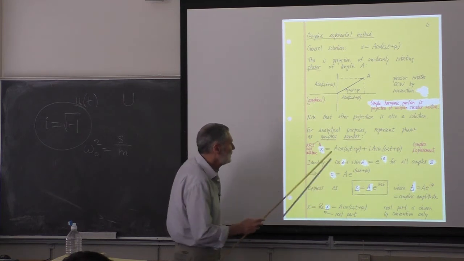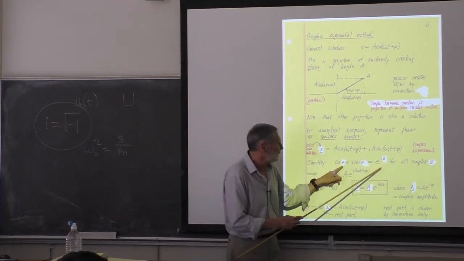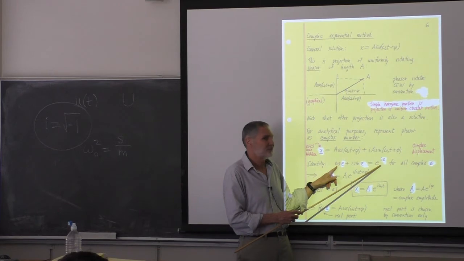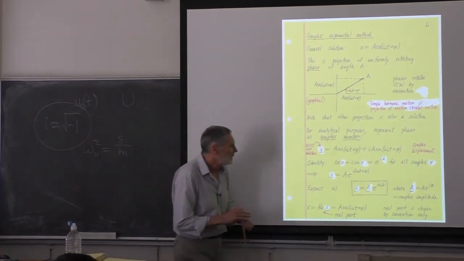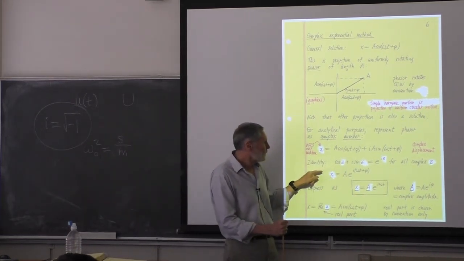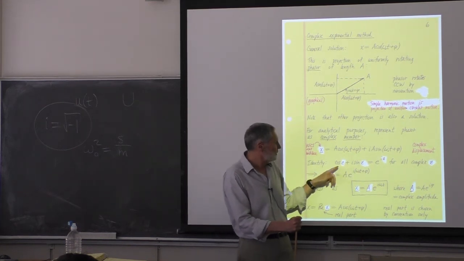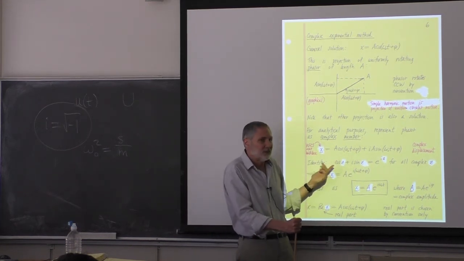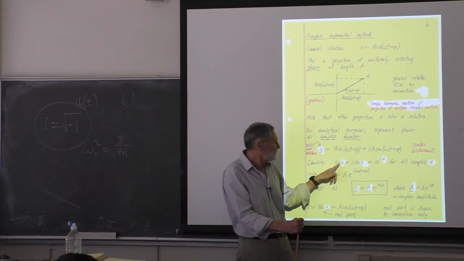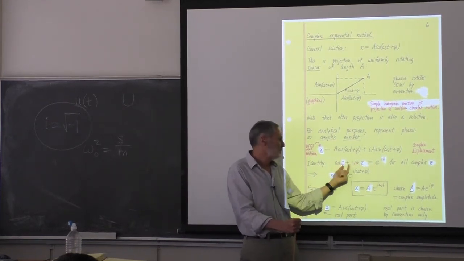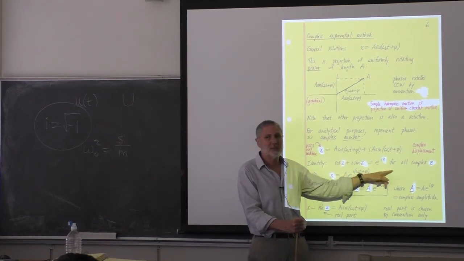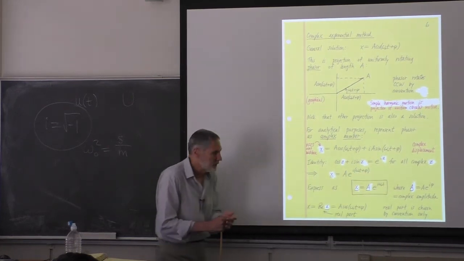Now the next step here is to use this identity. This is true for any complex number. Does this look familiar to you guys? Euler's. Yeah, I think it's got Euler's name attached to it. This can be proved. There are different ways you can prove it. One way is with infinite series. You can write essentially a Taylor expansion, an infinite series. This has an infinite series representation, so does this, so does this. When you add these two together, you see that it's identical to that. Anyway, however you want to look at it,